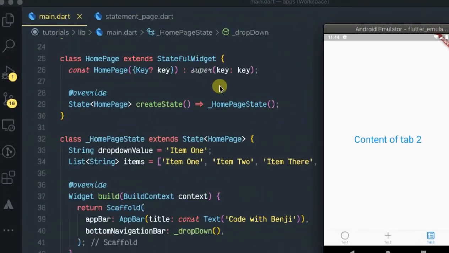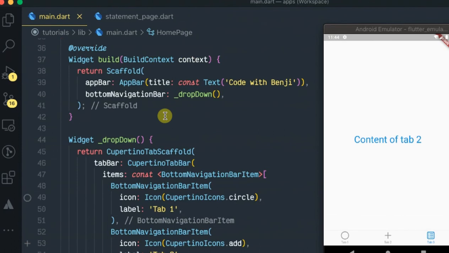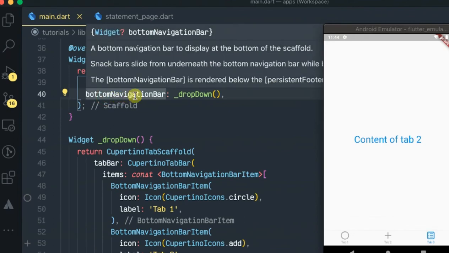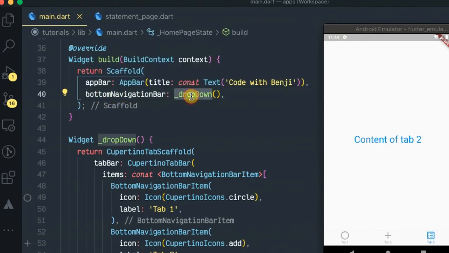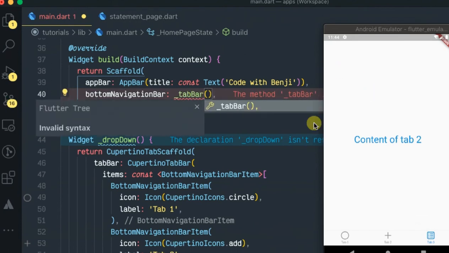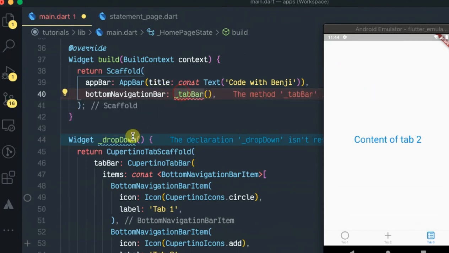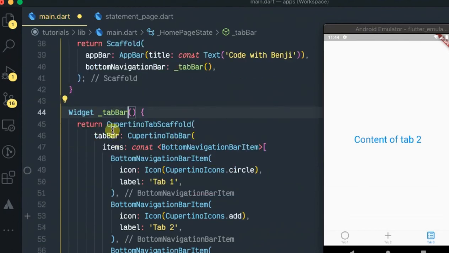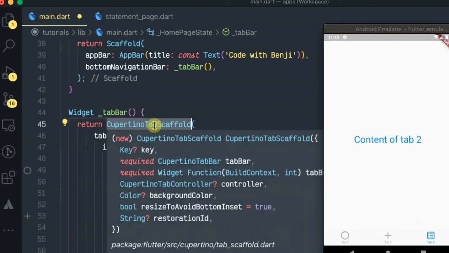I have a stateful widget with a simple app bar. Yes, we are not focusing on that. Then the navigation bottom bar. Then I passed in a widget code. So it should be tab bar. Okay, let's name this too. So this widget tab bar returns the CupertinoTabScaffold,